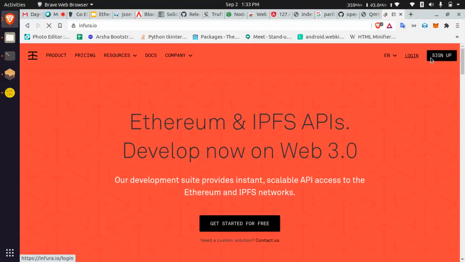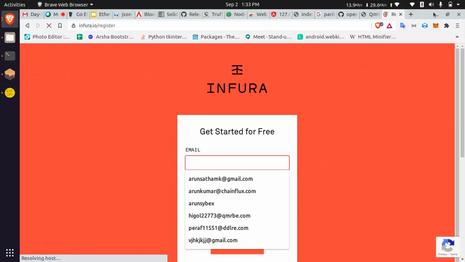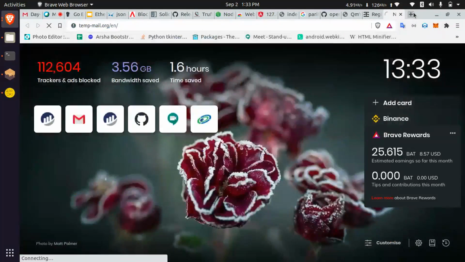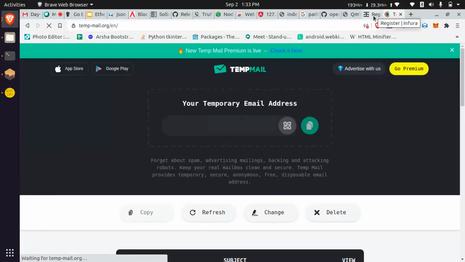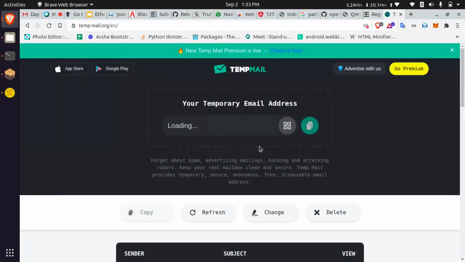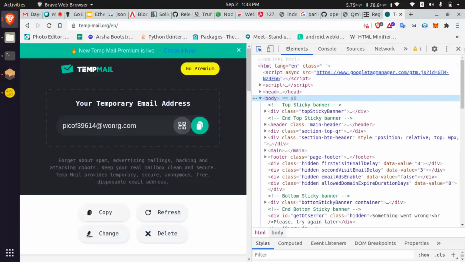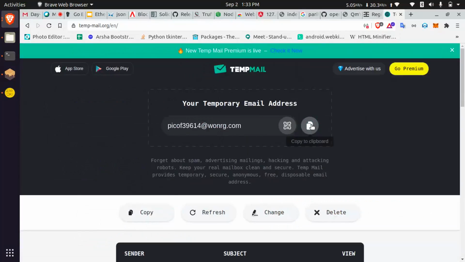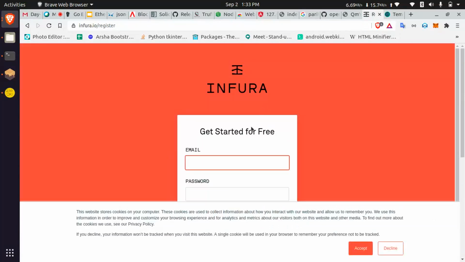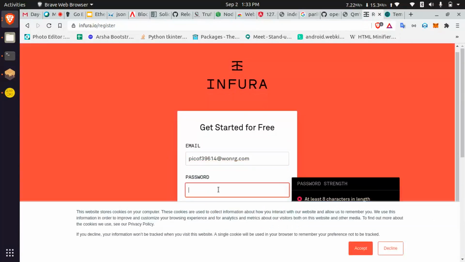Infura.io. Just try to sign up. You need to enter your mail ID and password. I use temporary mails for this. Clear this because I already created it. Yeah, just copying. Just registered.